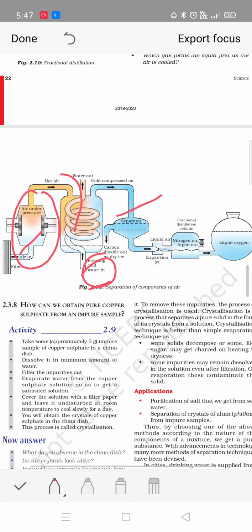Now after this step you get the liquid air, and here we place a separator that separates the carbon dioxide